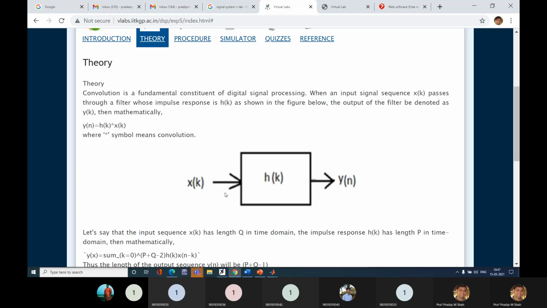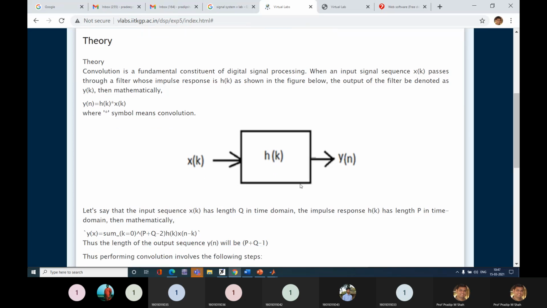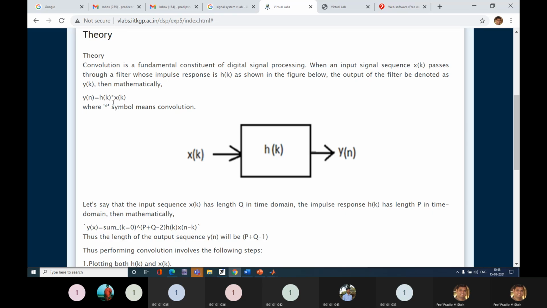So here we have one system with input x of k, impulse response of the system, which is also given inside the box, that is h of k, and the output of the system will be y. So here we are interested in finding the output of such a LTI system. As you can see, the output is defined as a convolution of input with the impulse response.